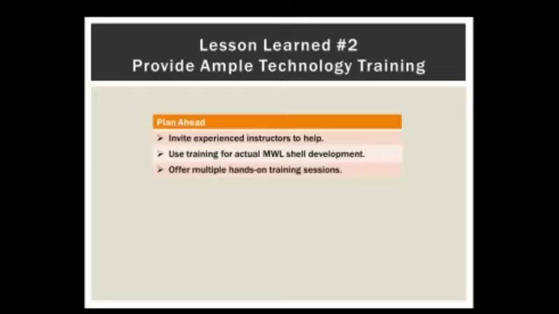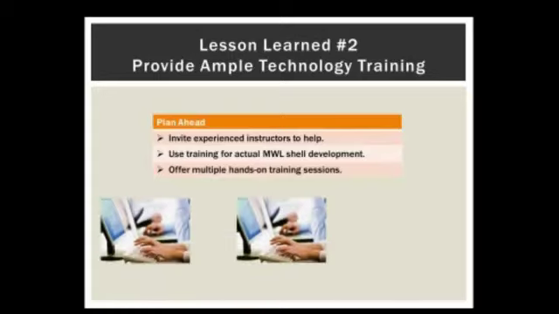And then finally, multiple hands-on training sessions, and I would offer them throughout the semester. We started this in the fall. We should have done this throughout the summer, but instead what ultimately happened is we had one giant training session about a week before classes started, which of course resulted in that panic I explained earlier. So I would offer multiple hands-on training sessions